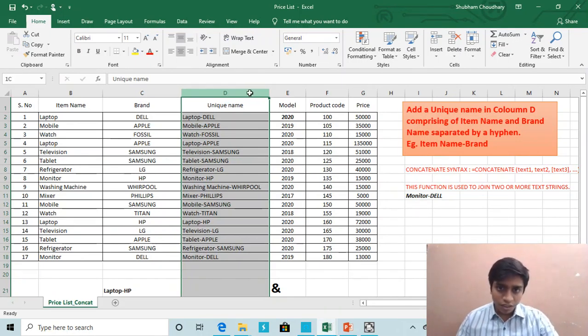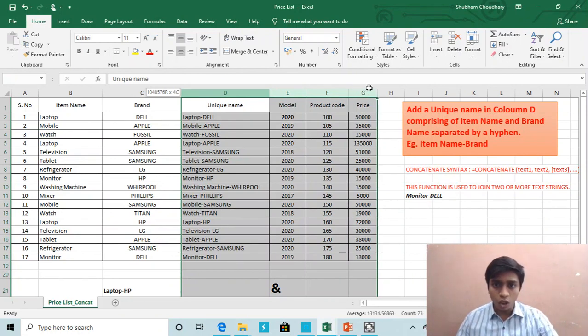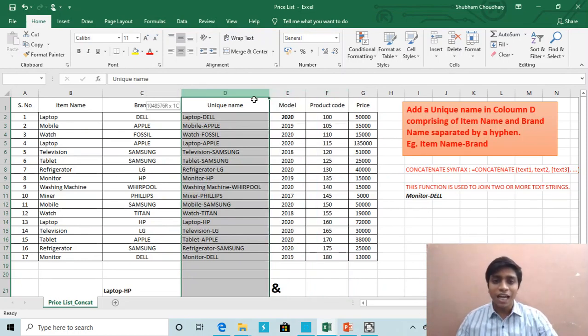D is first, second E, third F, and fourth is G. So the column index number is going to be 4. In case I want the product code, then the column index number would be 3. In case I want the unique name itself, then the column index number could be 1. In case I want the model, then the column index number has to be 2.